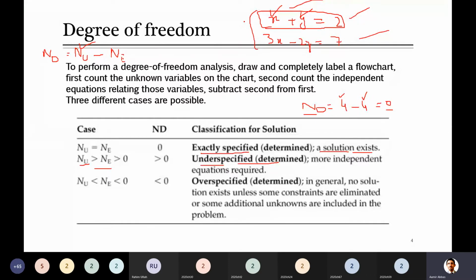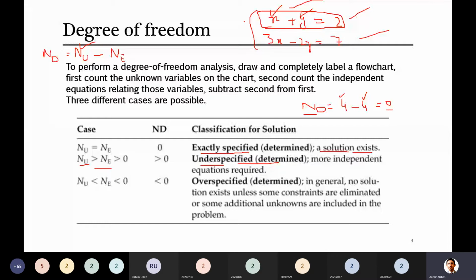Due to this reason, we need another equation which also involves x and y, so that we can reach the solution. So such cases will be called underspecified, and whenever you see that your unknowns are more than the equations which you wrote, it means you need another equation. You can balance it either way. For example, sometimes when you are solving the problem, you can reduce your number of unknowns by looking at some data in the literature, or maybe you will need another equation. You have to look for the equation.